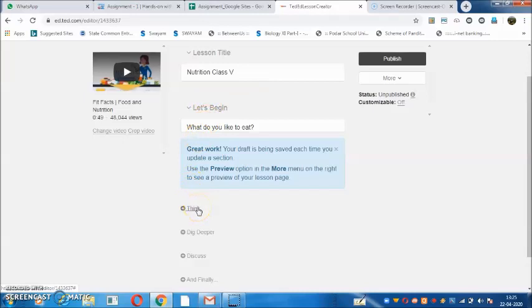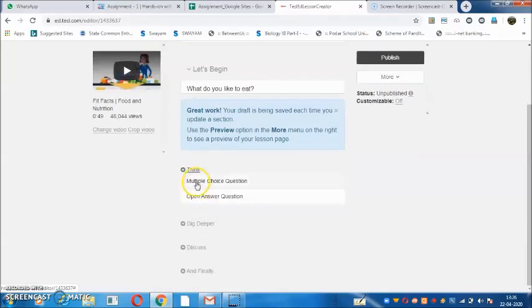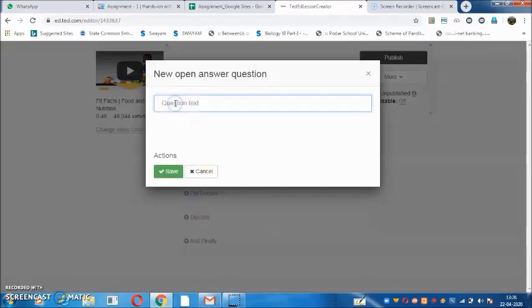Then comes Think. Our class must have some activities which will make students think, and we make students think with the help of questions. So we have 2 types of questions, multiple choice questions and open question. When I click on open question, I can add a question here. Say, what are the